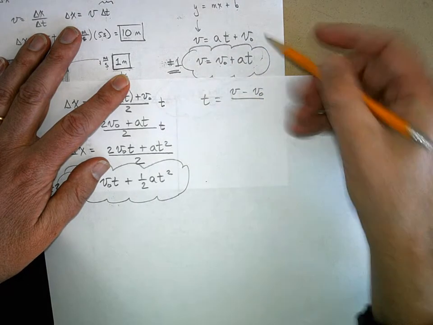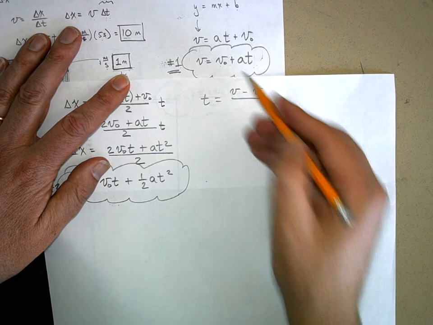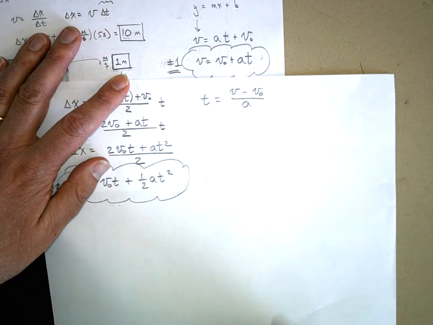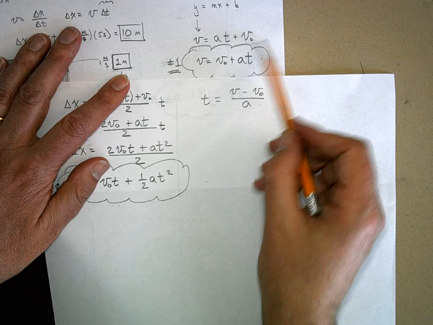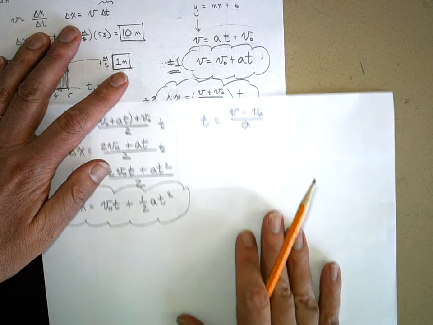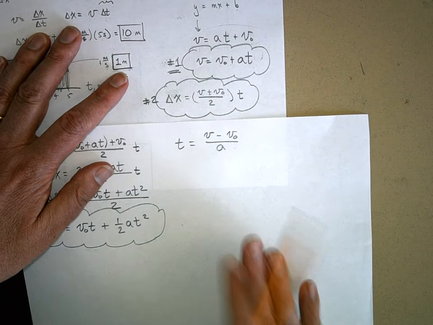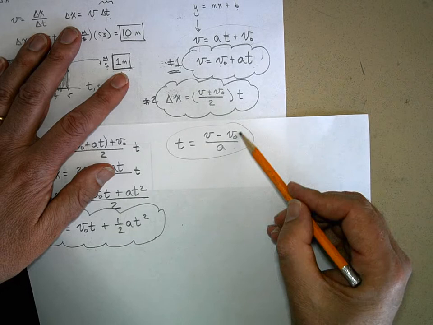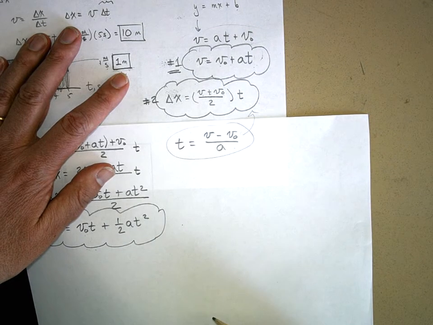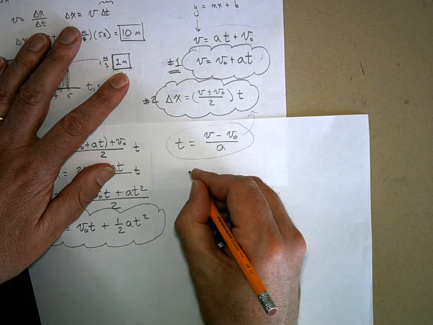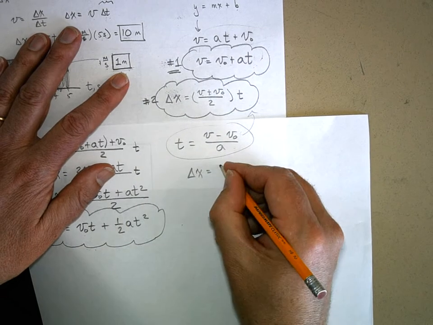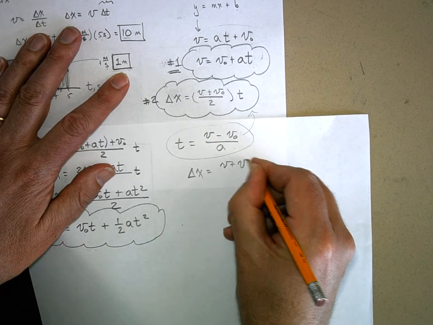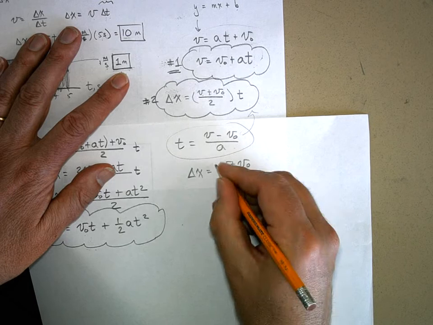V minus v naught divided by the acceleration. Do you all agree with that? Okay, I just took the first equation and solved it for time. Now what I'm going to do is substitute this expression for time into the second equation. So let's do that. I've got delta x is equal to v plus v naught over 2 times this expression